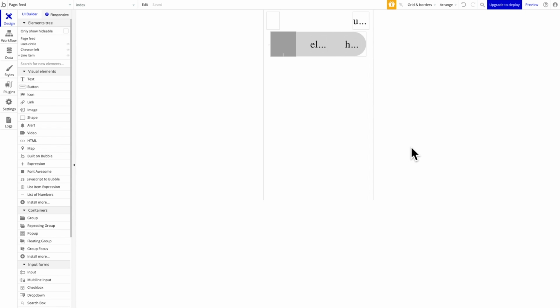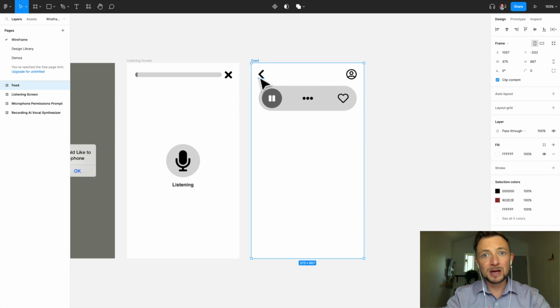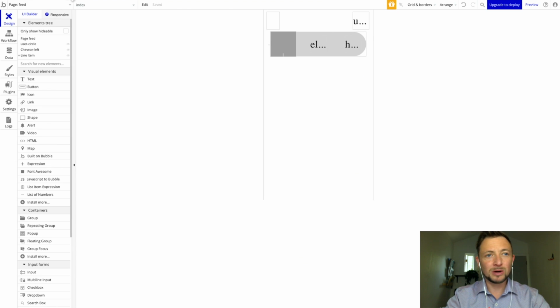In the last video, when we imported our Figma file, you probably noticed this broken feed page. It looks completely different on Figma. We have the feed, we have a back button, a user profile, a pause button, and a heart. So those are obviously not on here. So what we have to do is come over here to the visual elements section under the design tab, and